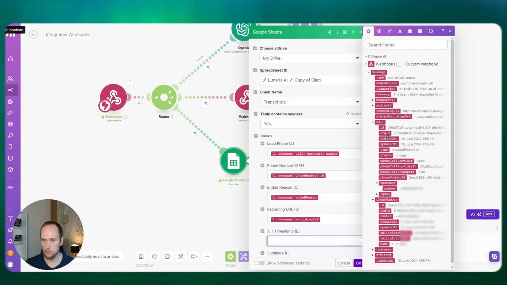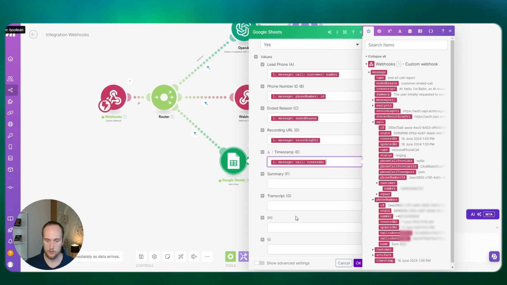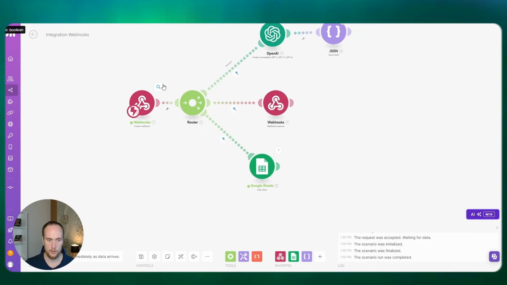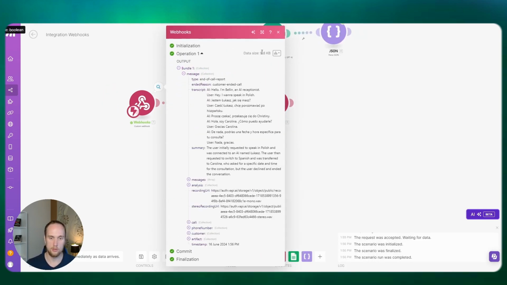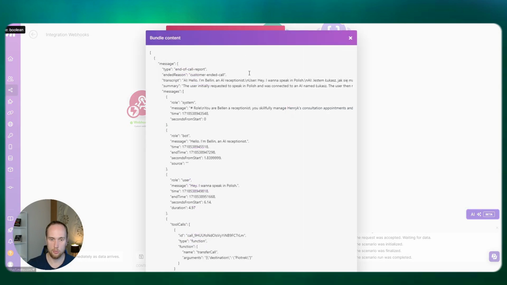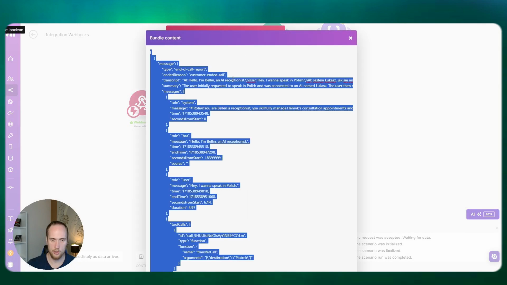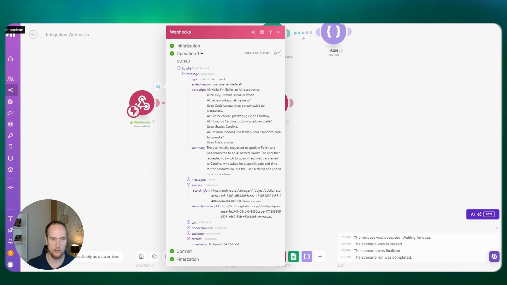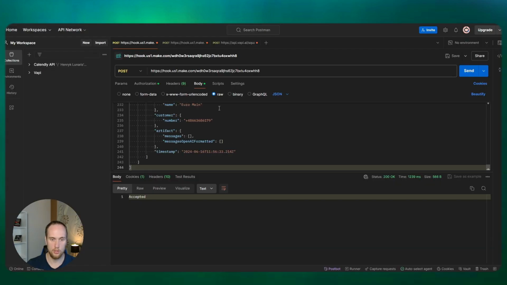And let's grab the summary, click on that, and the transcript is the thing that we want. Cool, perfect. And that's all done. And I'll show you the trick that I use. I'll click on that, download output bundles, Control A, Control C, close this, and we'll send this over to the same URL that we had.